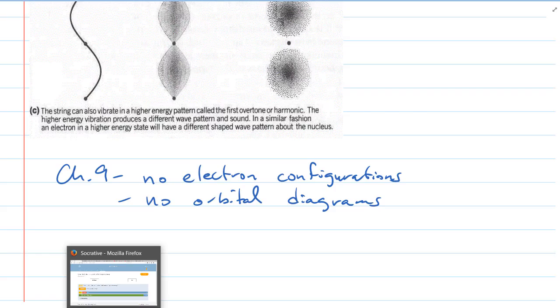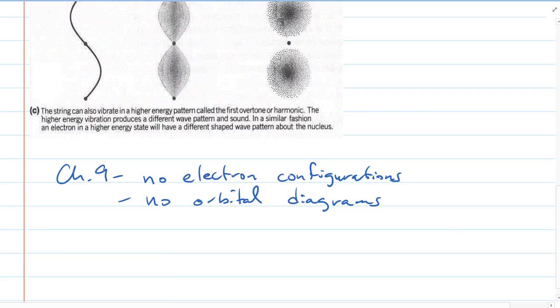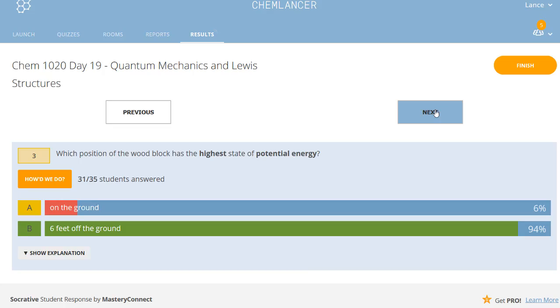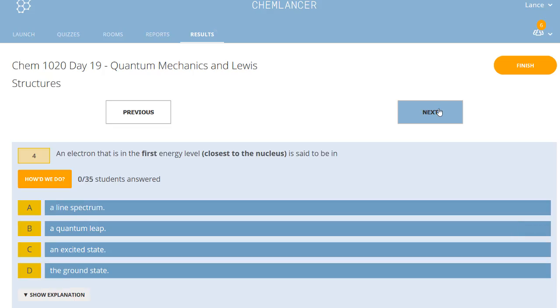All right, so I have about 5 questions here that come in a row. And these 5 questions, we'll see what you've learned from what we've done here today. Feel free to talk with a neighbor on these. An electron that is in the first energy level, that is closest to the nucleus, is said to be in